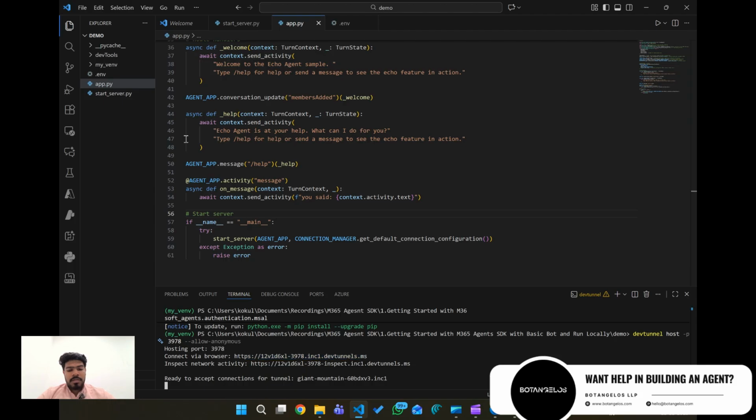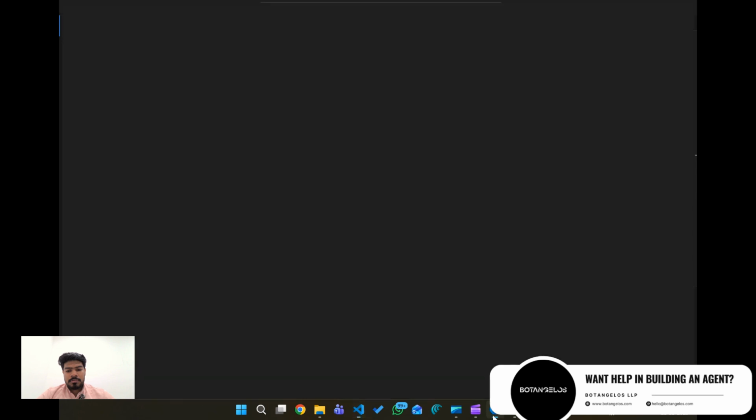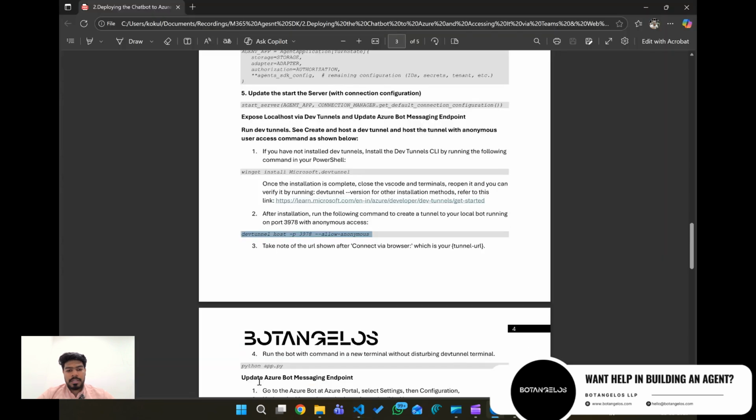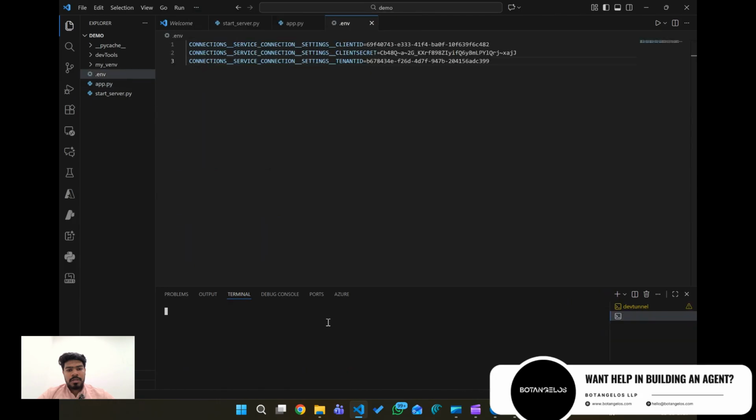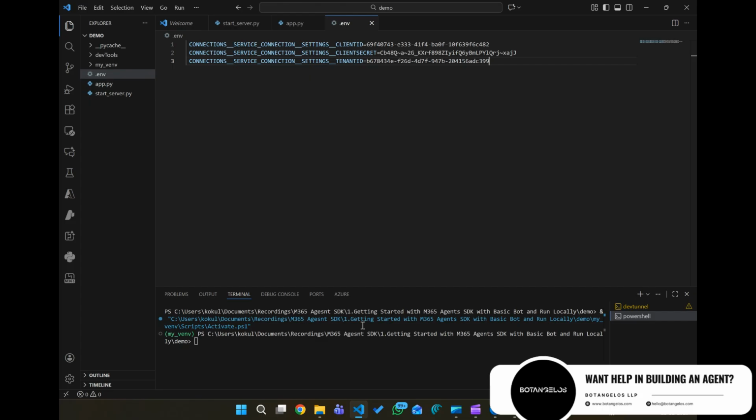At the same time, we need to run our Python code also. So the next step is python app.py, which should be in a new terminal. So let me go and create a new terminal, and inside the new terminal, let me run python app.py,